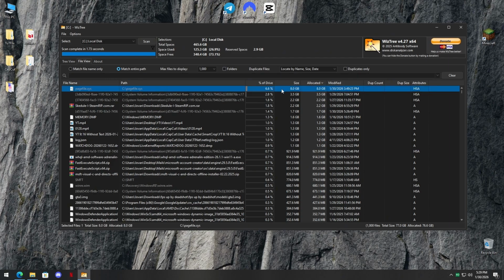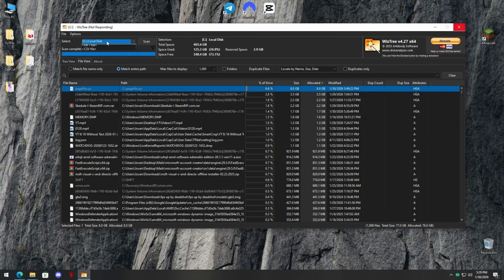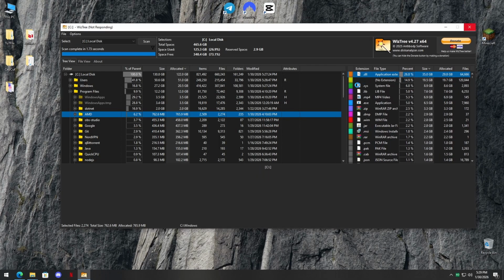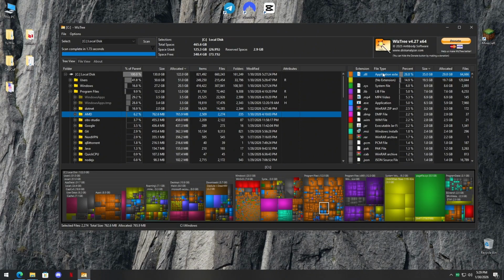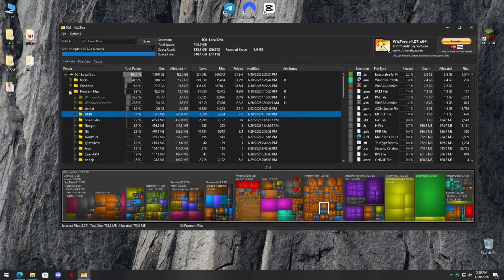We can see the file that's taking most of the size if it's just a single file. And here we can see the extensions, their file types, and how much size. .dll is using the most of the size, and it should be like that because there are a lot of .dll files in our Windows. You also can use this thing here, but I think it's a lot easier just to go and click on plus